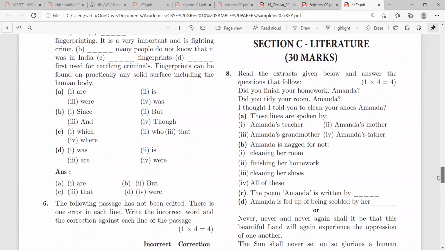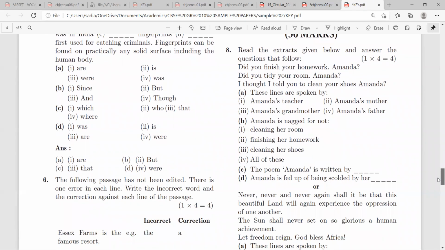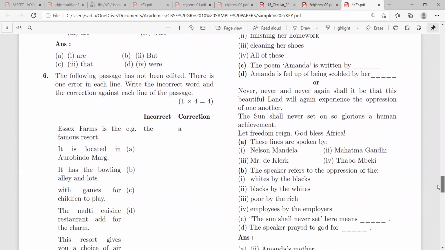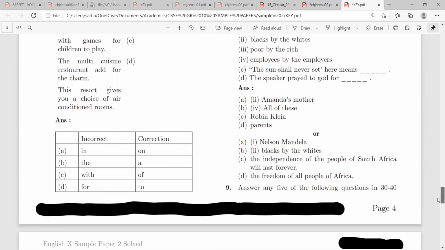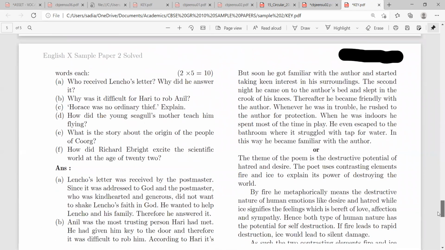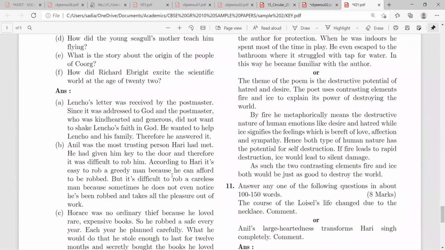Literature questions. The answers are listed over here. One set and the next set, option set. Then we have the question answers. Answers are listed over here. Kindly go through the